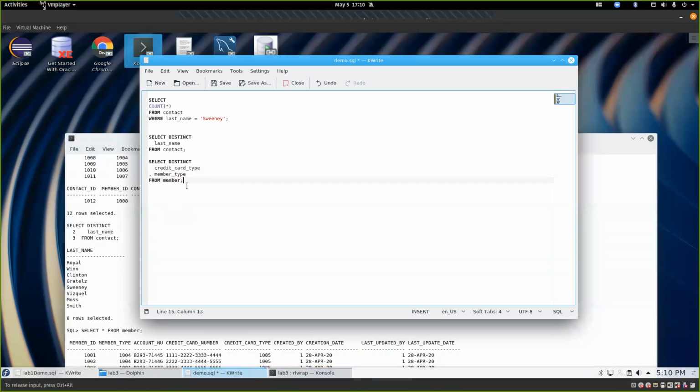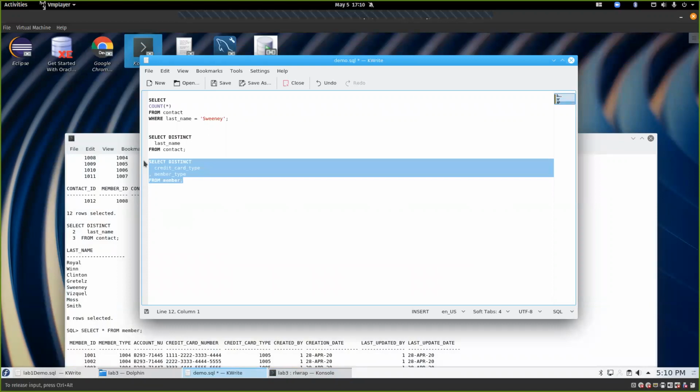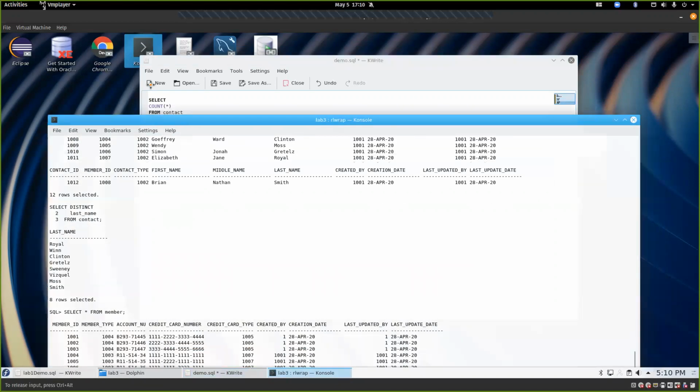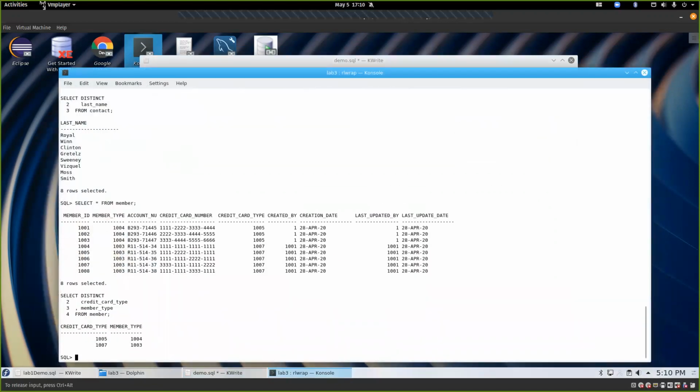From member, we get every unique combination of this. Right? So we get the unique combination. You'll notice in this case, we only get 2 records, and that's because 1004, 1005, it's the same thing. Oh, and then we get a 1003 and a 1007. And that's a little backwards, I guess, but you get the unique combinations,